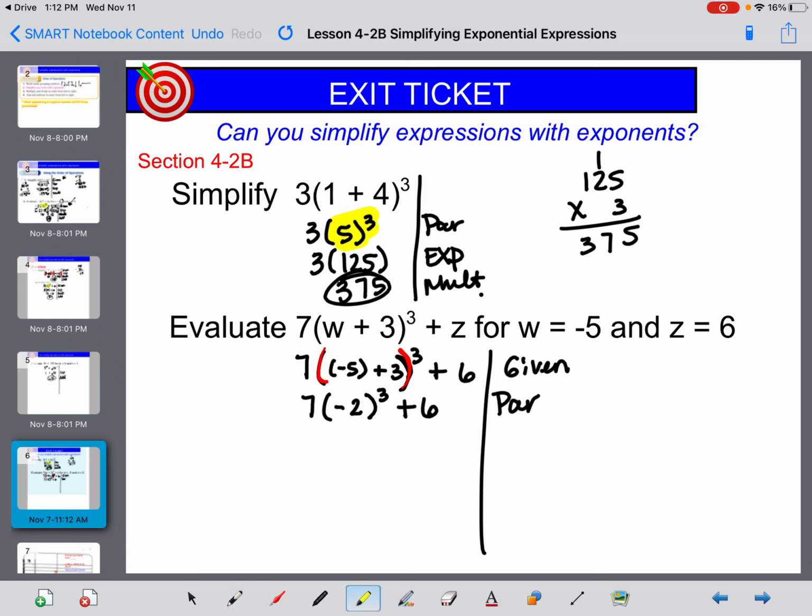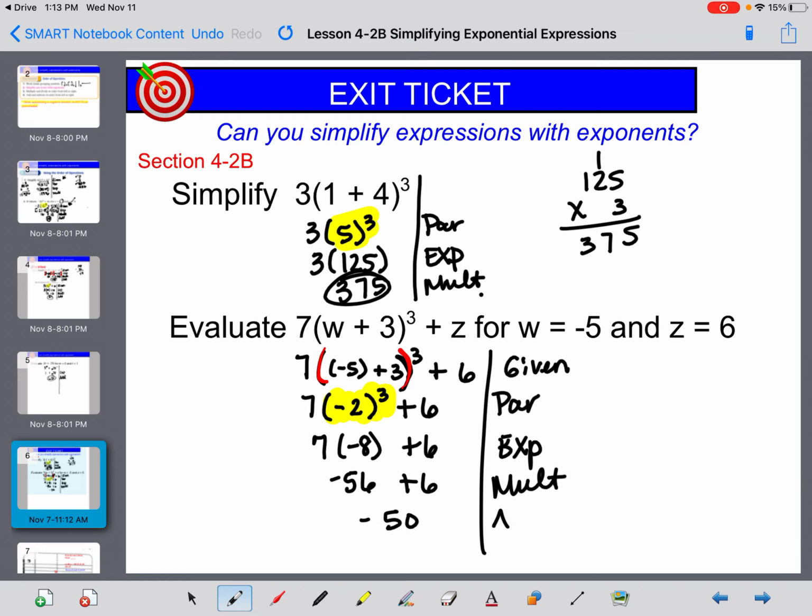Then I need to simplify my exponent. Negative 2 times 3. No. Negative 2 to the third power, which is a negative 8. Then I multiply. 7 times negative 8 is a negative 56. Then I add, and I get negative 50. Okay? All right. Give your homework